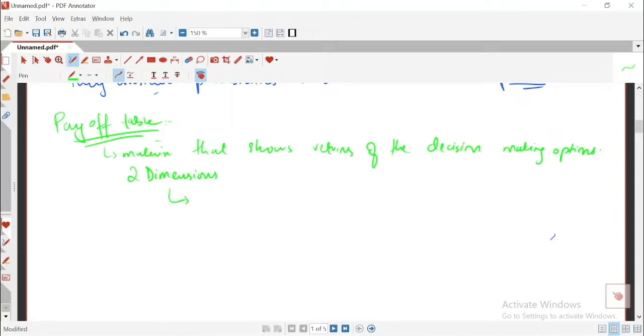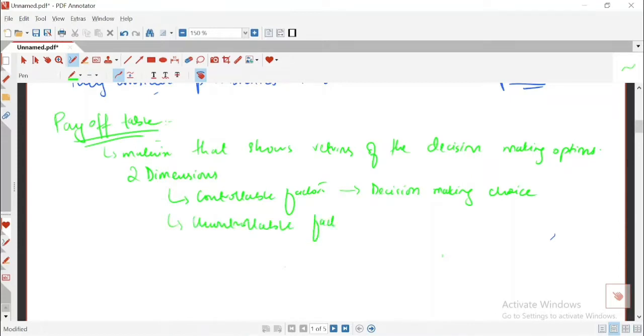एक चीज़ होती है जिसको हम कहते हैं कंट्रोलेबल फैक्टर्स, for example controllable factor. Basically this is the decision that you can control. ये आपकी चॉइस होती है जिसको आप कंट्रोल कर सकते हो, that is in your hands. And the other thing that is uncontrollable factor. इसके ऊपर हमारी परसेंटेज लगती है. Basically the probabilities is uncontrollable factor के होते हैं.